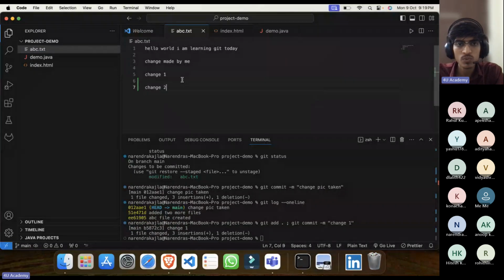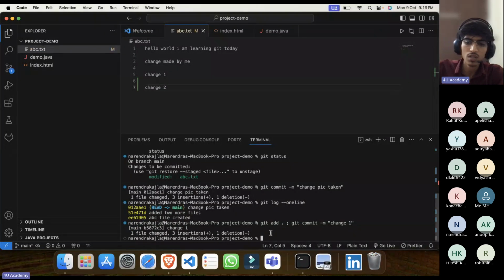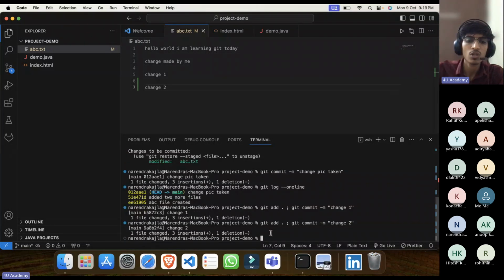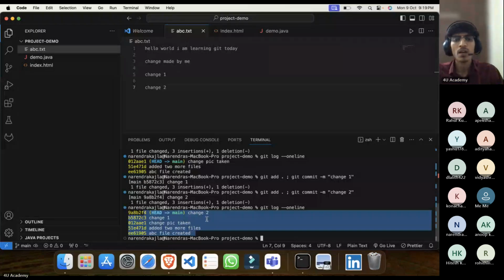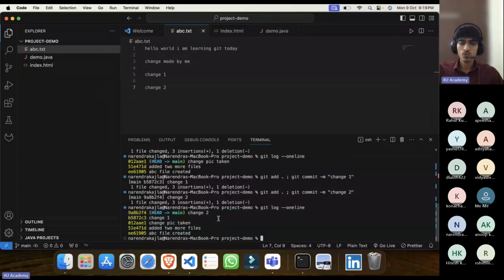Let's say change 2. Again, I want to git add and let's say change 2. So many commits I have done. You can see I have done 5 commits. Now I realized, oh no, I don't need this change 1 and change 2.